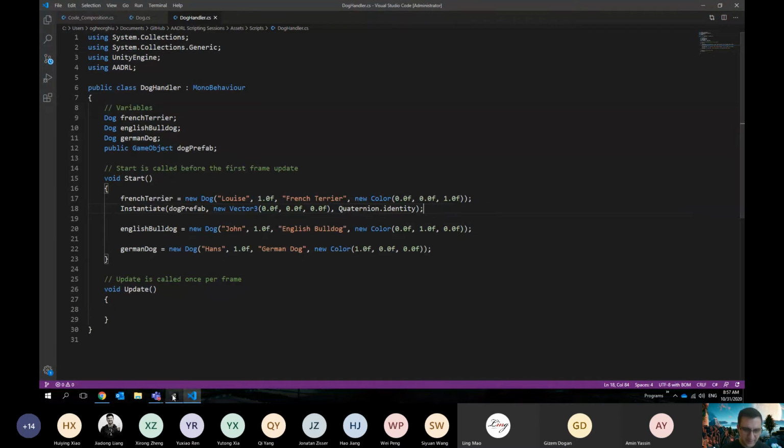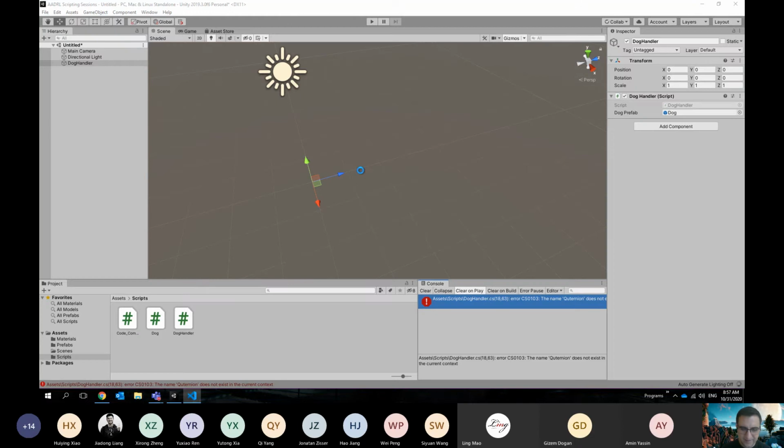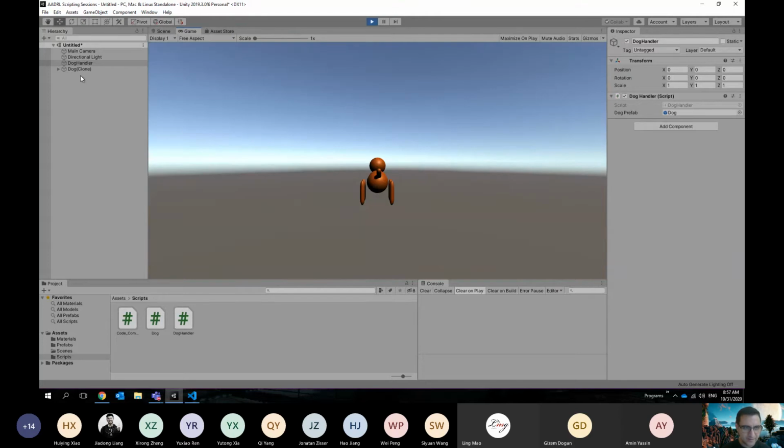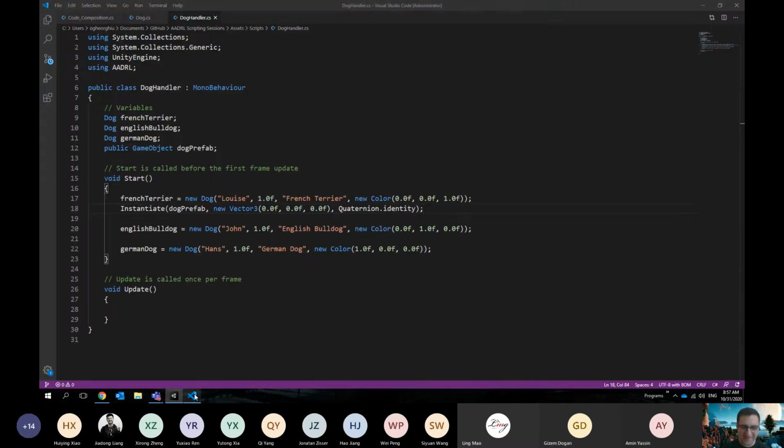Okay, let's see if that works. Yay. All right, so there we get the dog clone. Okay, let's do something. So let's make our dog clone a French Terrier. And for this, I am actually going to use